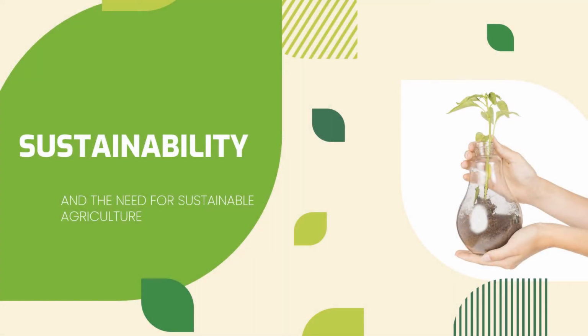Everyone, today we're going to see the chapter Sustainability and the need for sustainable agriculture. So what does sustainability mean in our context? It means growing crops in such a way that the resources required to grow those crops aren't depleted in such a way that we can't use them anymore. So let's get